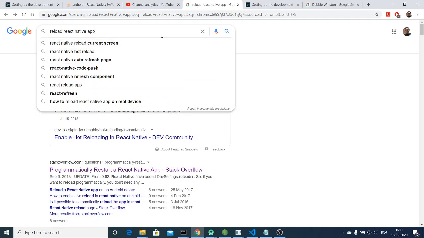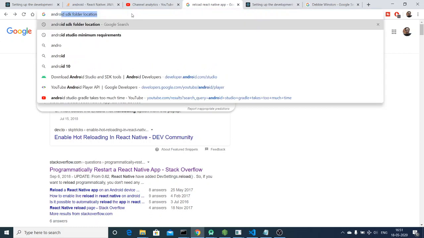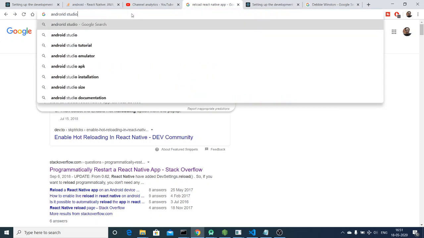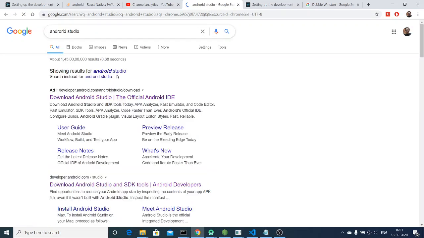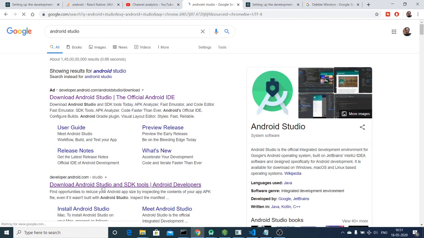So first of all, guys, you need to have some things installed here. The first dependency that you will need is the Android SDK, which comes inside Android Studio. If you search on Google for Android Studio, you will get to this result, which is developer.android.com. First of all, you need to install a fresh installation of Android Studio.